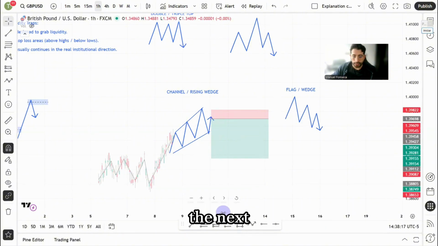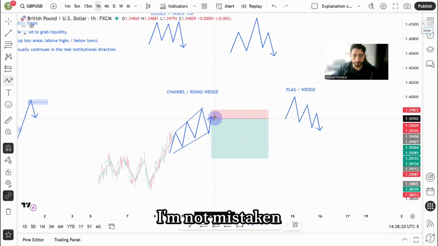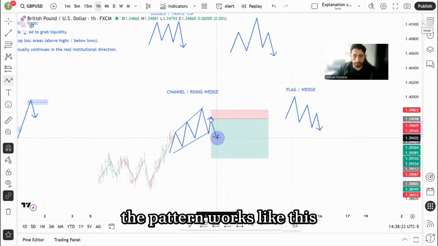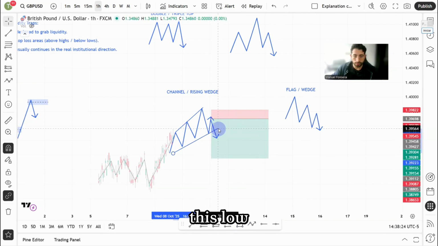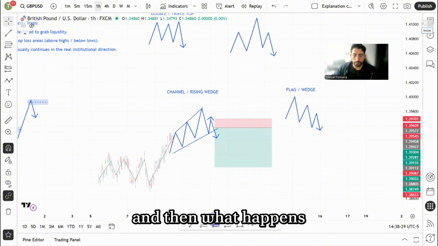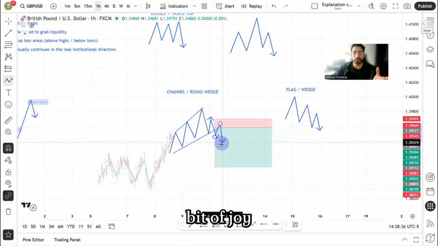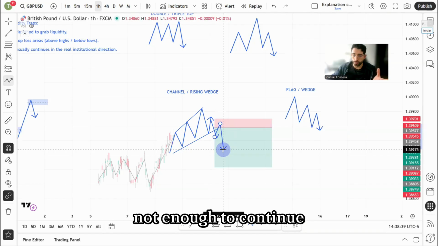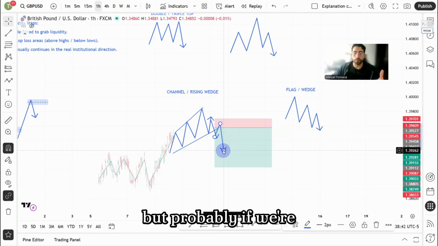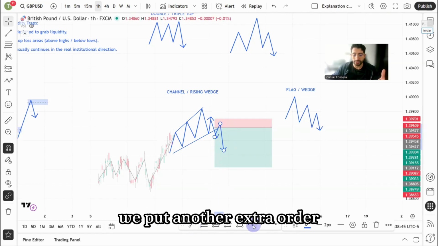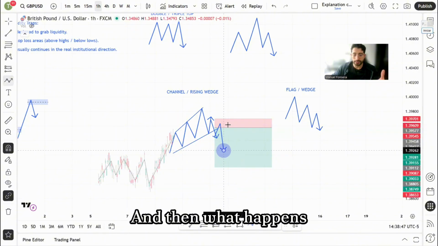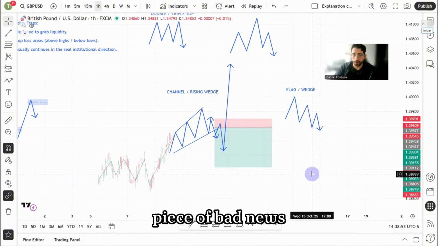Then the price does the next. If I'm not mistaken, the pattern works like this: it breaks the structure of this low, yes. Then you put the order here, and then what happens? It activates our order, boom. It gives us a little bit of joy, not enough to grab enough money, but probably if we are greedy enough, we put another extra order, and then what happens? Boom. I don't know, probably it was a piece of news in the market, or it's a simple movement of the market, and you are